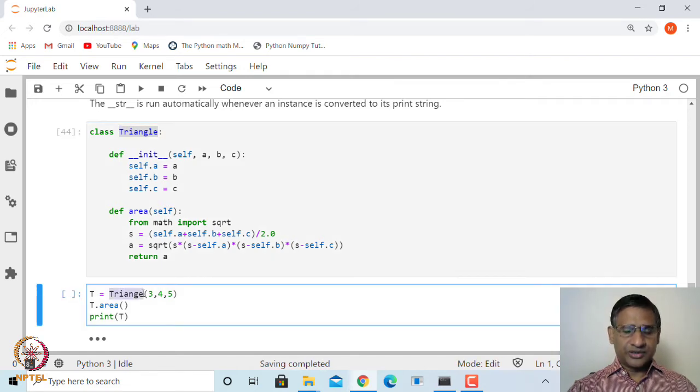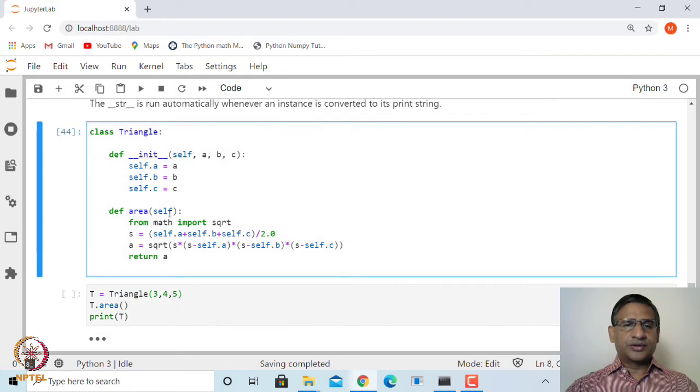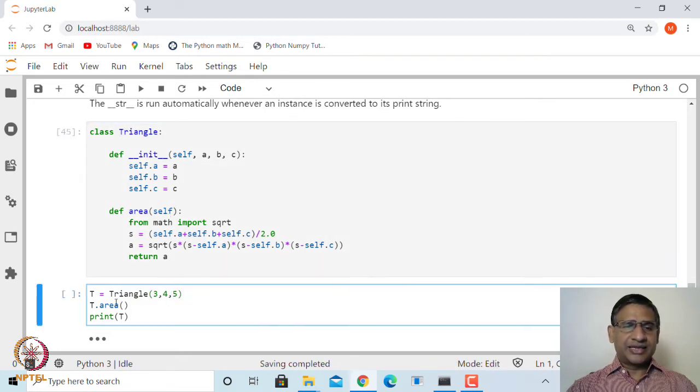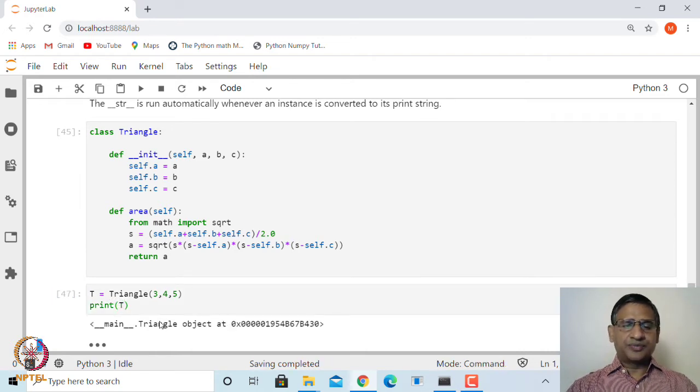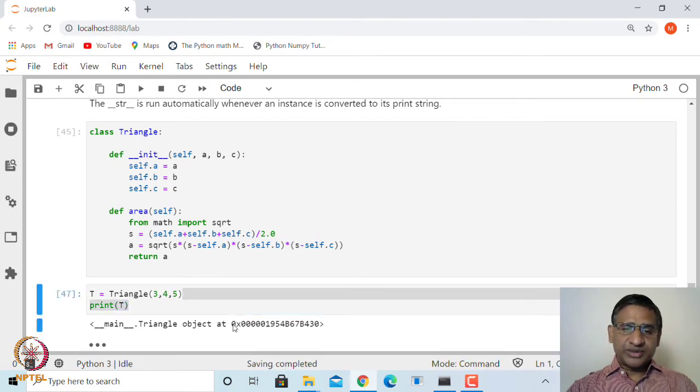Now if I simply ask it to print t, it will not print what I wanted; it has printed the address, the location in which t is stored in the memory.